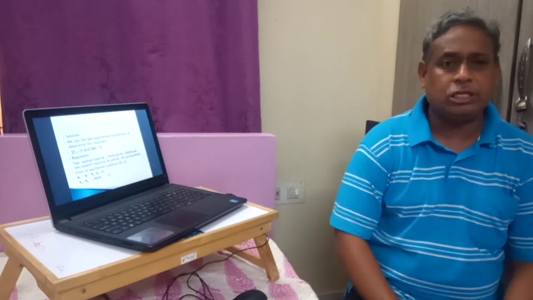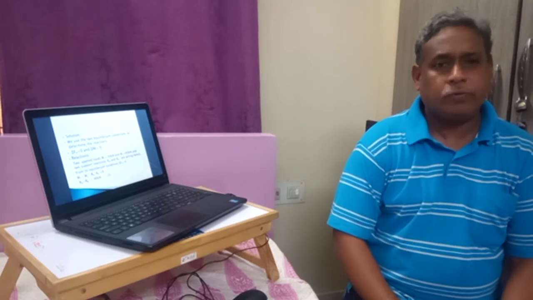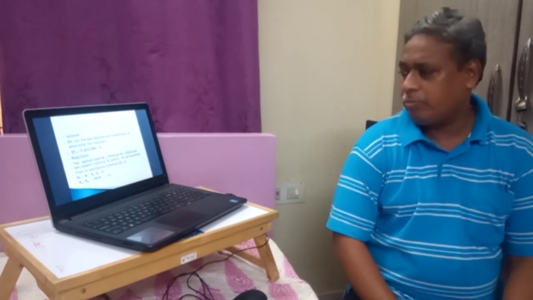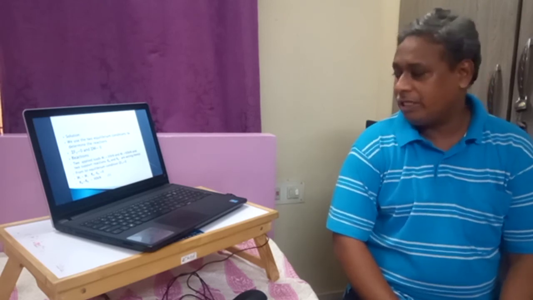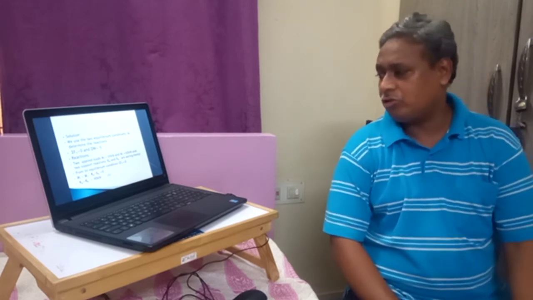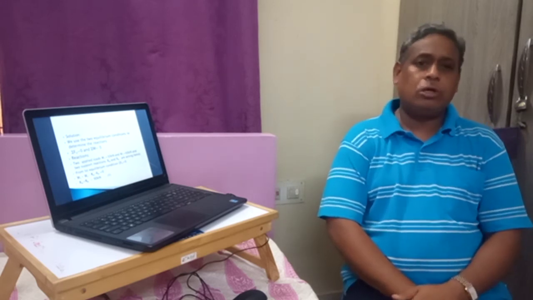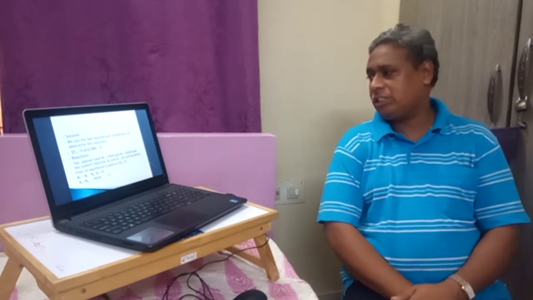Therefore W1 plus W2 minus Ra minus Rb is equal to 0. That is sigma Fv. If we add all the vertical forces, that should be equal to 0 according to the equilibrium conditions. The two applied forces which are coming down, W1 and W2, are positive, and the two reactions which are going upwards, Ra and Rb, are negative. Therefore Ra plus Rb is equal to the total applied load 90 kilonewtons, that is 60 plus 30.